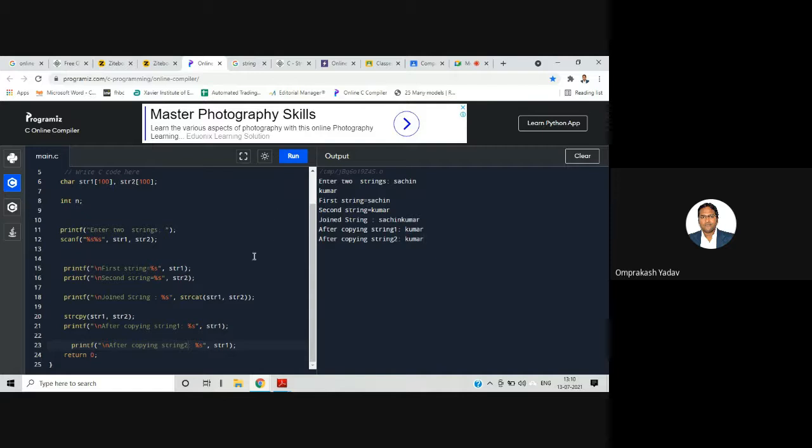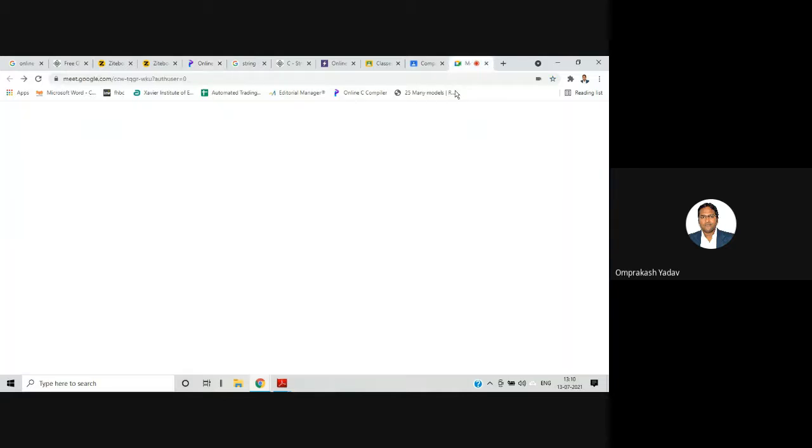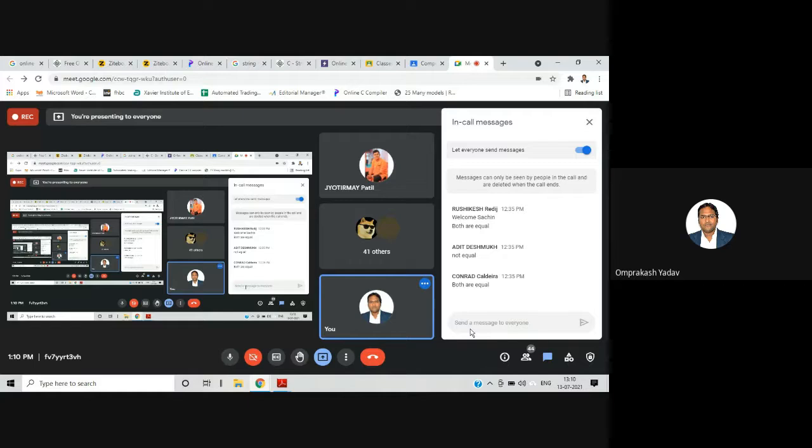So all of you understood these string inbuilt functions? Is there any doubt? We have covered the string inbuilt functions. If there is any doubt, you can ask me.